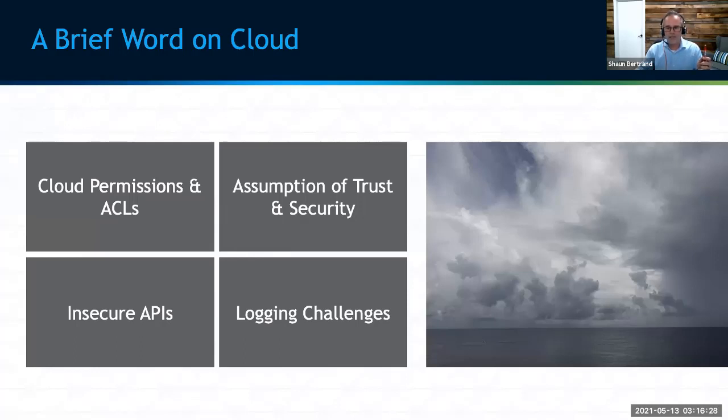Insecure APIs. APIs have a number of different threats to them. I think about session management, understanding the intricacies of a token and how that token can be used. Sometimes we see APIs that are publicly exposed that don't need to be. You could put the API somewhere else where it's only talking to the front end server and the front end app server, and have that be the broker for the API interaction and then provide that data to the user interface upstream. We see a lot with APIs in regards to authorization, session management, authentication. Just keep in consideration, there are some good best practices out there to capitalize on.